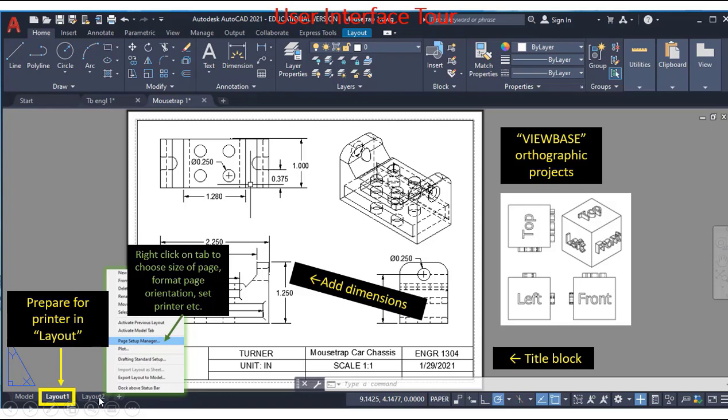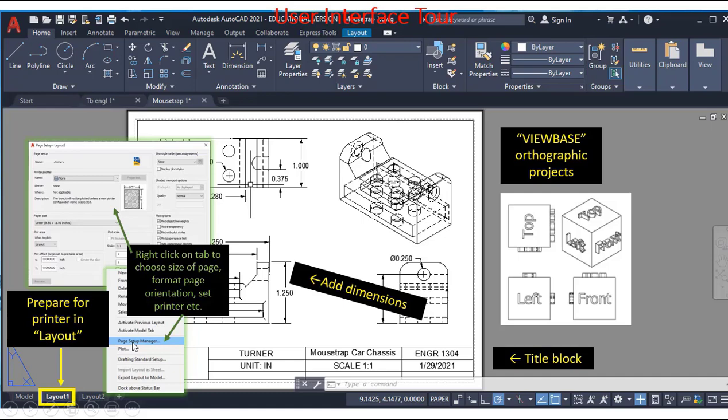If you right click on any of these tabs, you can come up here to the page setup manager, and that will let you choose your printer. It'll put these little dashed lines for the printable area, so you're sure not to do something your printer can't handle. You can do landscape or portrait. You can change the size of your page. So if you have legal or just 8.5 by 11, standard A size, B size, or a huge poster,